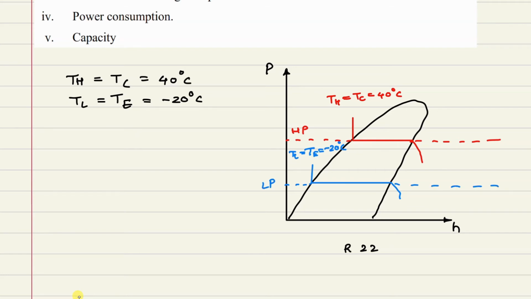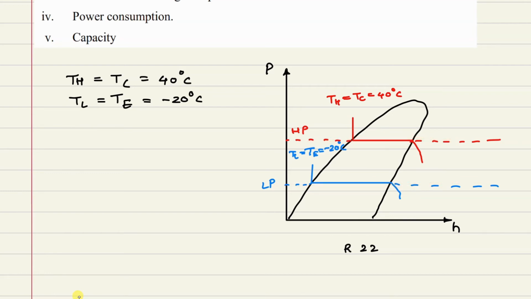Now what this pH diagram indicates, whatever process is there, this temperature is constant temperature. Here also this temperature is constant temperature, and this is constant pressure, this is constant pressure. Now for this vapor dome, where latent heat is there, where we have vapor plus liquid, you can see temperature and pressure both overlap. So basically in the vapor dome, temperature is remaining constant as well as pressure is remaining constant.